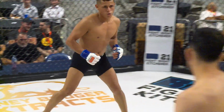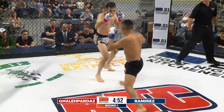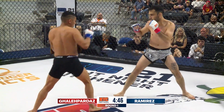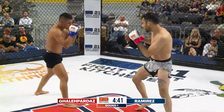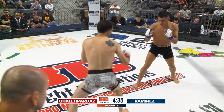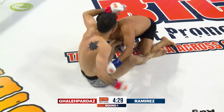But here we go. Round 1 is underway. And as you saw, Josh Hill is not with us here as he's in the corner of Gino Ghalehpardaz. Francisco seems to be prodding forward. Gino's moving on the outside, just like we talked about earlier. Big left hook from Ramirez just misses. He's pressuring. Gino's moving. He's not there to be hit. You can kind of see that boxing background that Ramirez has, but there's a good leg kick from Ghalehpardaz, and Ramirez